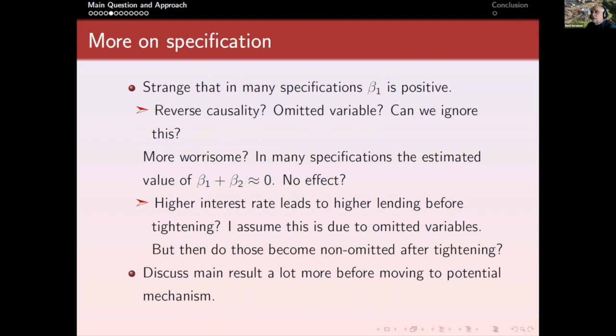right? So before these tightenings, you increase the interest rate, the borrowing goes up. And of course, that must be due to omitted variables. But then, do these omitted variables mysteriously disappear? And can we ignore this? I mean,